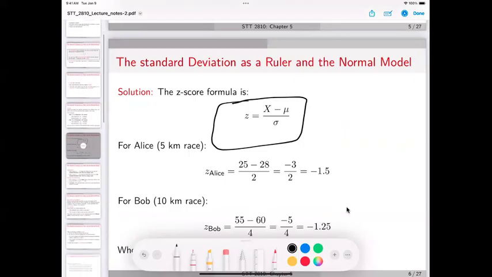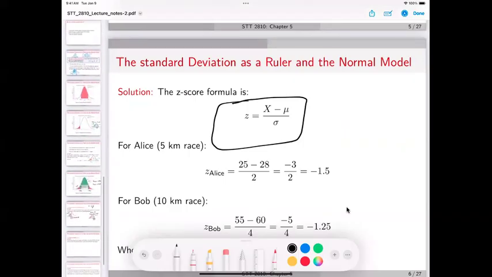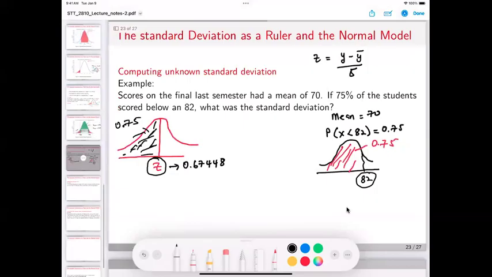So now we are going to do Z is equal to y minus y bar divided by the standard deviation. Okay? So now we are trying to standardize this 82 here to be equal to this Z value here. So we know this Z value is 0.67448 equals our y here. The y here is 82